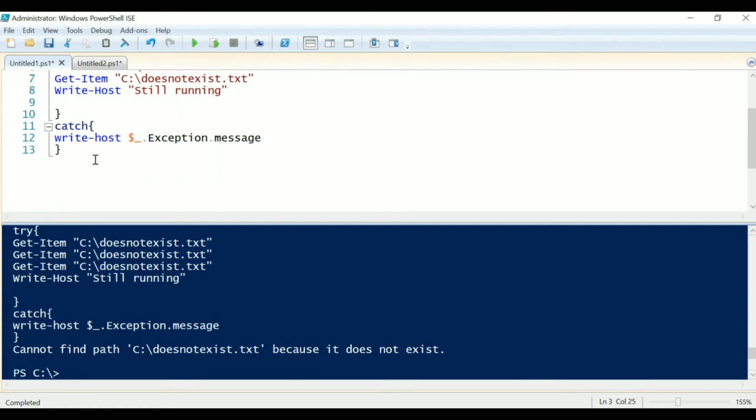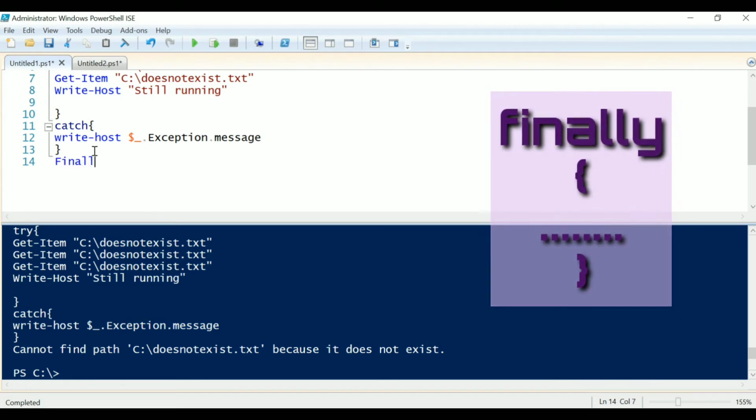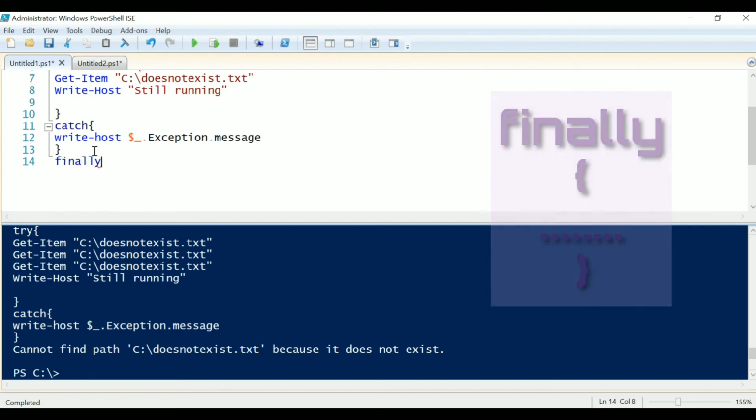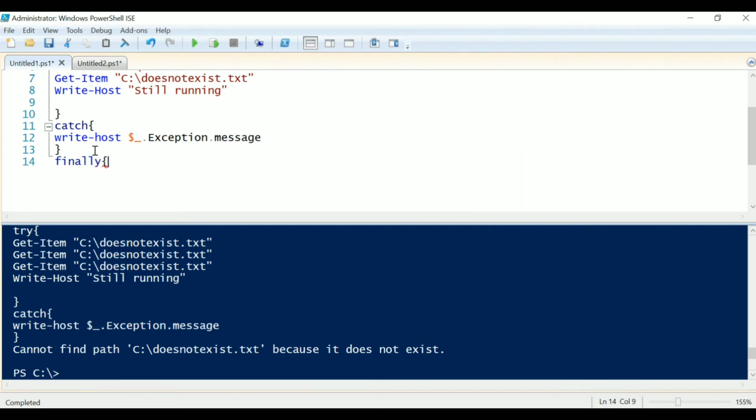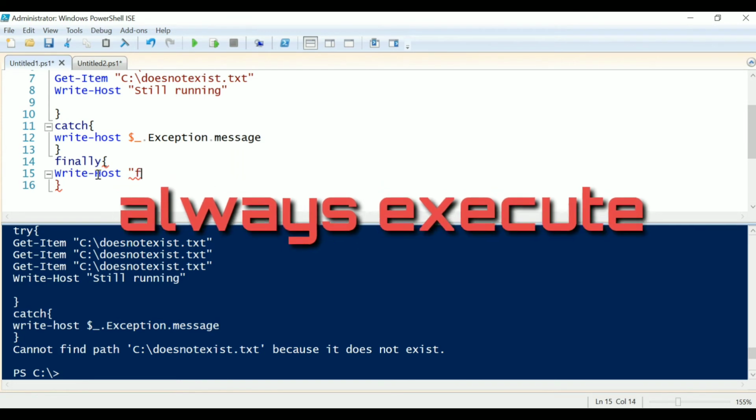After the catch block, you can also provide one more block, that is finally. The finally block is generally used to free up resources or close files you are using in your scripts. So the benefit of the finally block is that it always executes.